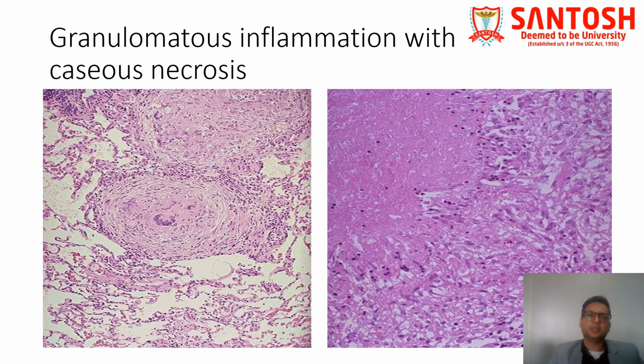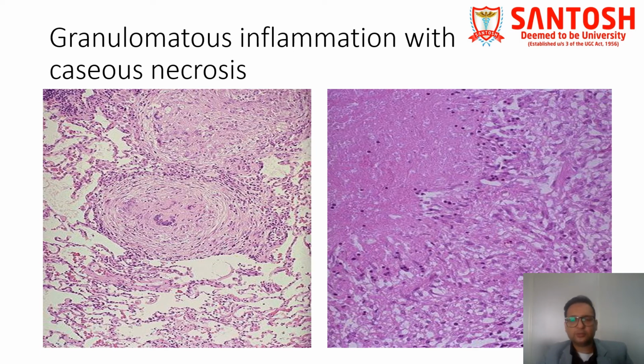Now coming to a different picture, this is quite a better picture here. We can see again this is a granuloma. It does not have a necrosis. So here we can see this is a giant cell. These are lung alveoli. These are normal lung alveoli in which we have a granuloma. This is a giant cell. Again, this is a giant cell. Certain epithelioid cells are also present here, and it is surrounded by fibrous tissue and lymphocytes.